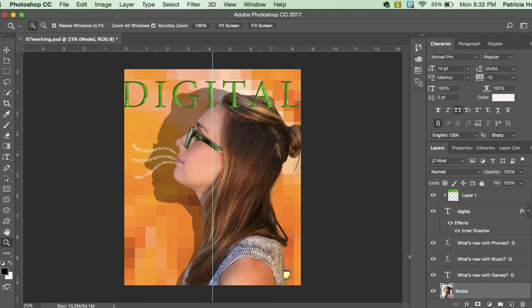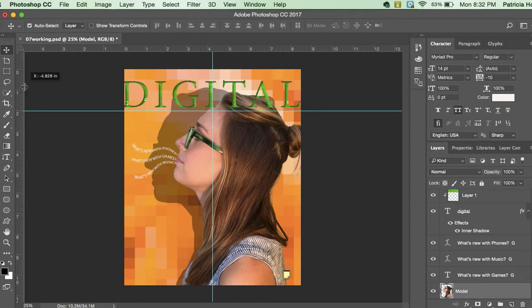So, what we're going to be doing now is adding some text on the right hand side of this, but we're going to add a couple of rulers to help us keep our text aligned. So, we're going to come down here, I'm going to grab a horizontal and put it at 2. I'm going to grab another vertical and put it at the 8. See that 8? So we want our text right in here. We want to have a little margin and make sure it's above the word digital